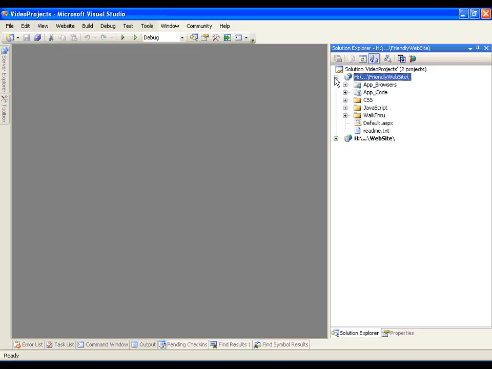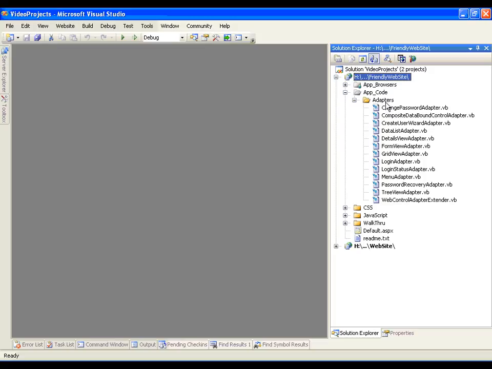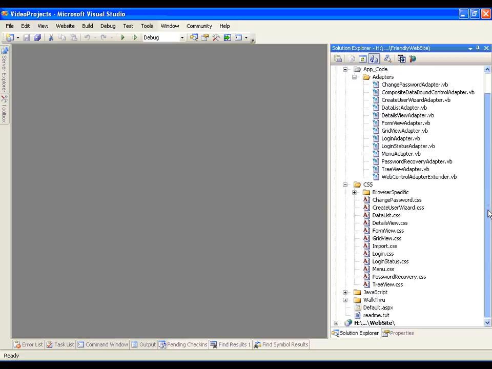Now there are a couple pieces to these CSS control adapters, and let's take a look at them here. First is the actual source code that implements the adapters. Here you can see there's source code in the toolkit for several of the common controls that you would find in ASP.NET. And then also you will see here that there are essentially corresponding style sheets that map to the different type of CSS control adapters that you can implement,